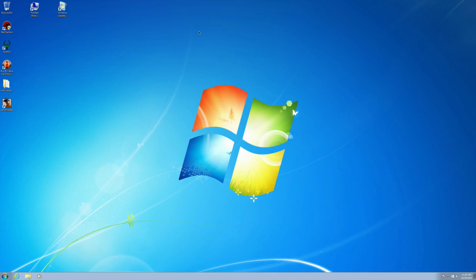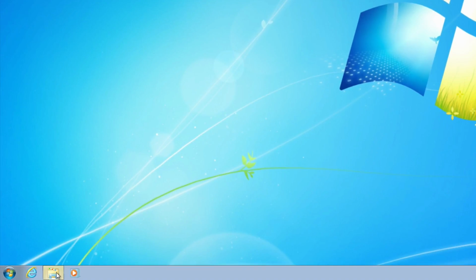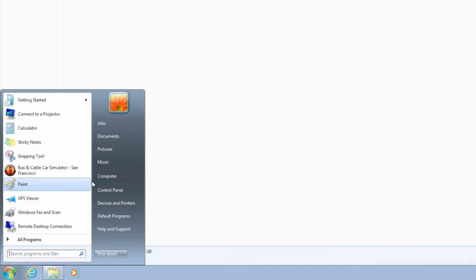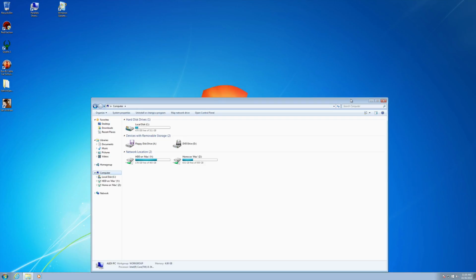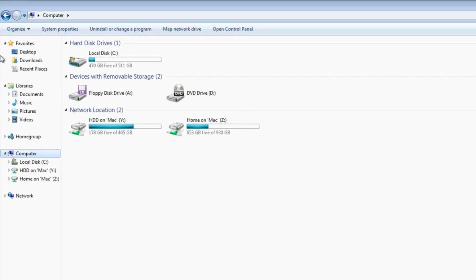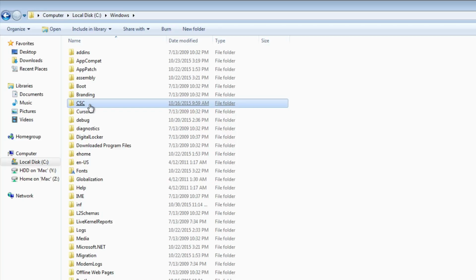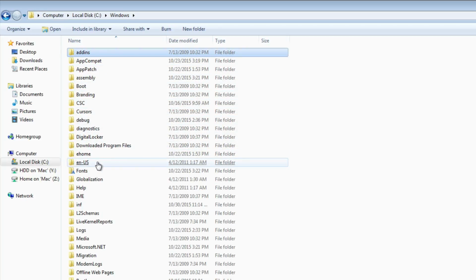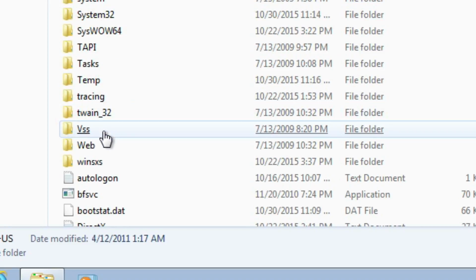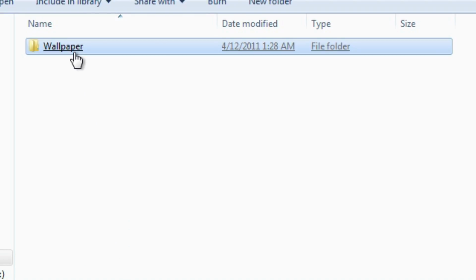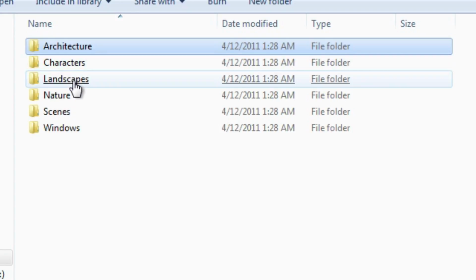Anyway, the first thing you want to do is just go to My Computer. I like going to the little folder here and then navigating to My Computer, but if you like going to Start and then My Computer, you can do that too. Once in here, go to Local Disk, and then go to Windows. Once in Windows, locate the folder named Web, W-E-B, capital W. Once in here, you see it right away: Wallpaper. You can copy this whole folder and keep the wallpaper folder as the main folder containing everything,